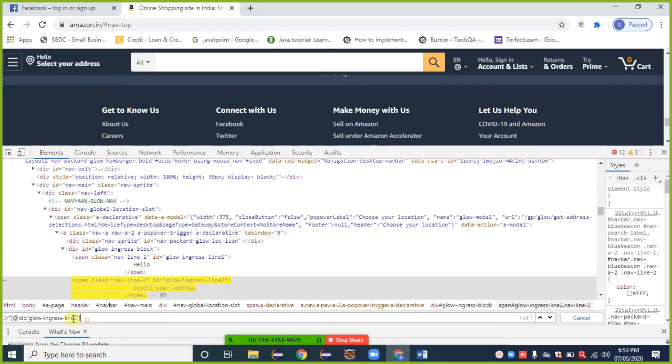Okay, we can go with the XPath, or we have that option with us: driver.findElement(By.id), inside that provide this ID value. That is regarding last session. Okay, so we can go with any one.